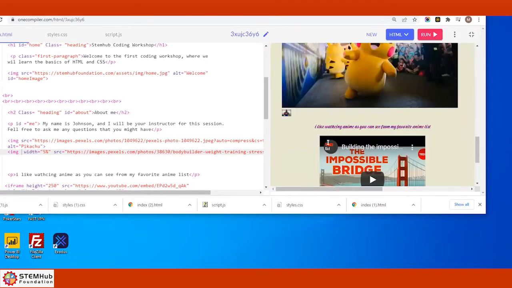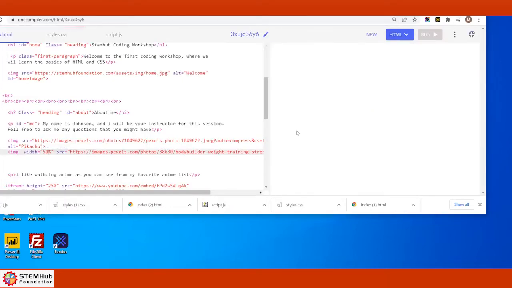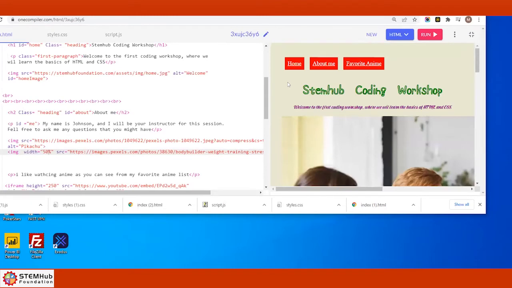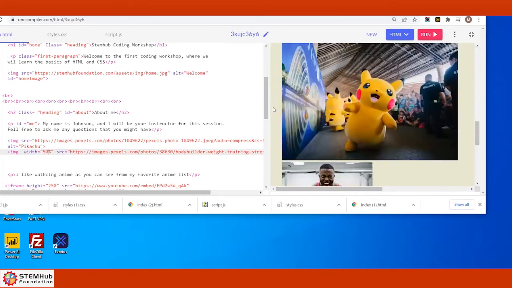All right, that's width. I put it to 5%. Let's see what happens here if I put it to 50. Run again. Again, 50%. Okay, let me scroll down here. And the image is 50%.